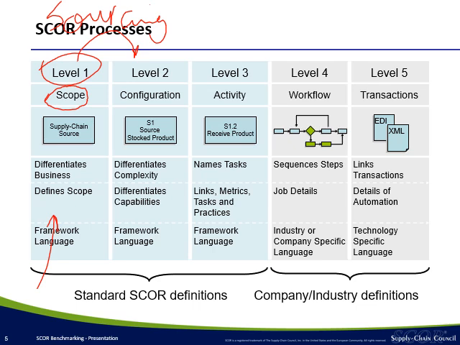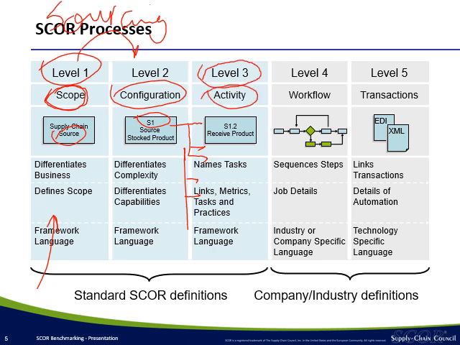So we have S1, S2, S3. So this is called configuration. So S1 here, it means source stocked product. And source means the scope of the process is to source. And then this S1 is divided into different processes or tasks. So this is called level 3. So level 3 is the division of the configuration into different activities. For example, one of the activities we do when we do source stock products is to receive the product, and this is called S1.2. So whenever we say S1.2 or any letter